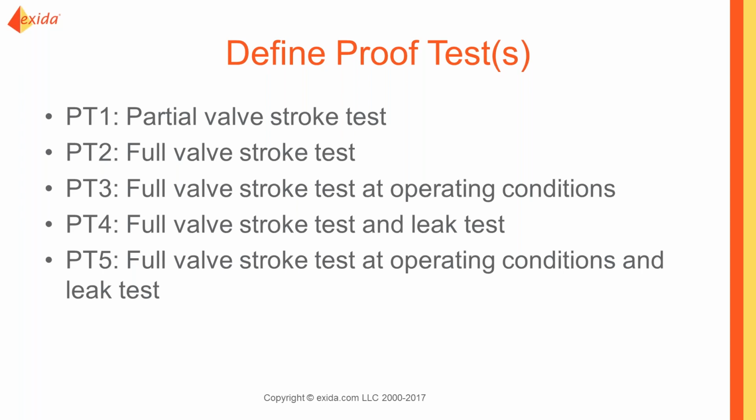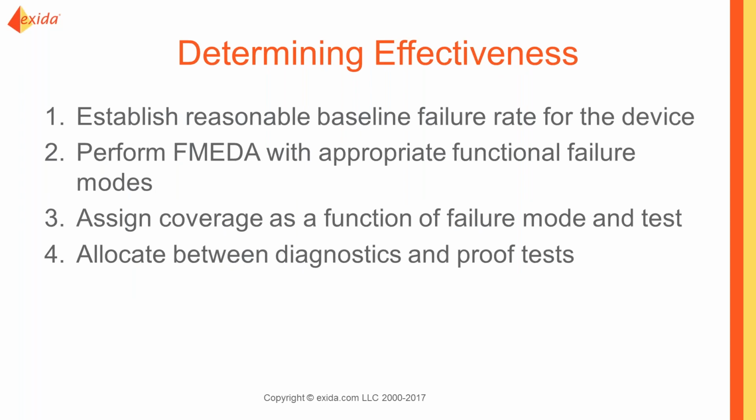Here, for example, are 5 different proof tests that could be run on a ball valve assembly. You could do a partial valve stroke test, you could do a full valve stroke test, a full valve stroke test at operating conditions, a full valve stroke test and a leak test, or a full valve stroke test at operating conditions and a leak test. So those are 5 different tests. I've seen them all implemented. They're going to give you different proof test coverages. So if we want to understand the effectiveness, we need a reasonable baseline for the failure rates